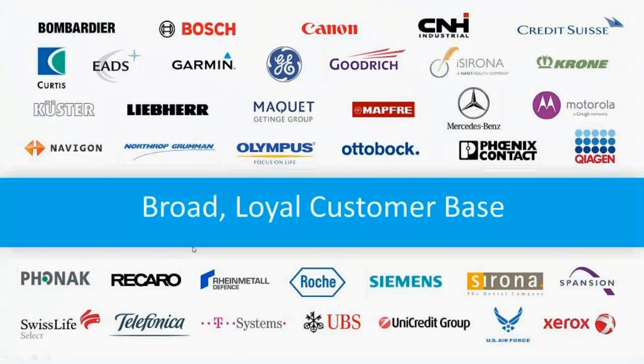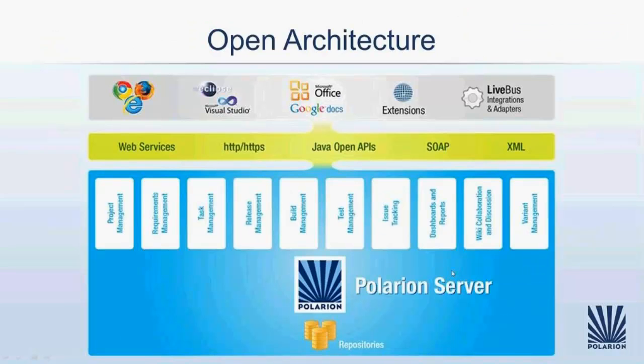Yeah, we have some customers. So what you can see here is not close to all of the customers. Just some examples. What you may see here is that we have many customers in the regulated industry. So for example, in automotive industry or aerospace industry, or also medical, like here with Roche, for example, or Phonak, or Sirona. So all these areas which really need to fulfill standards, really need to follow processes in a strict order, they really like Polarian because it's so flexible for all these processes and we can really help in these areas.